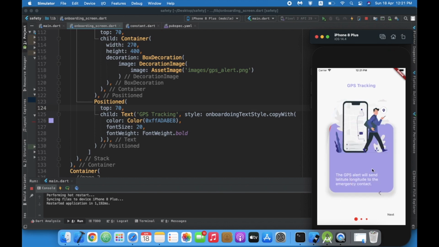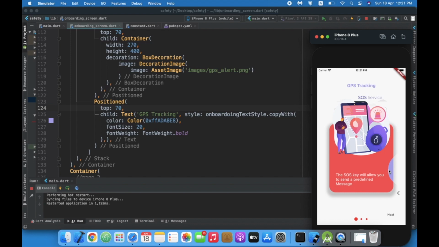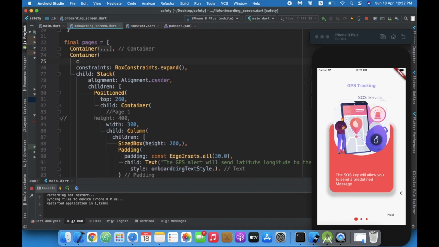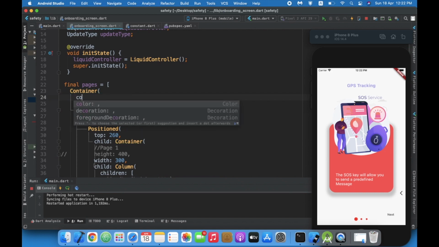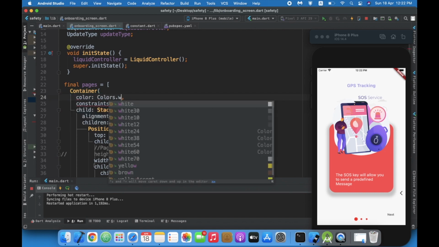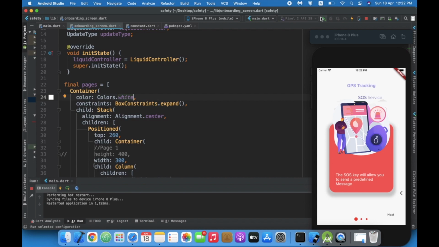But I don't want this on our first screen. Colors dot white, because I think it is taking transparent. So colors dot white, yes, now you can see.